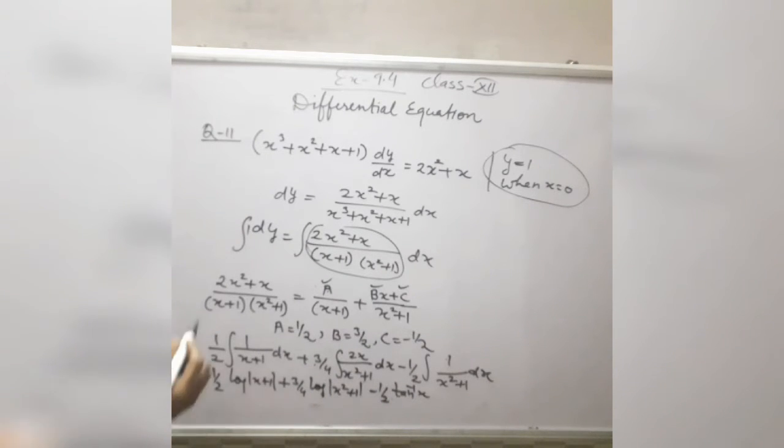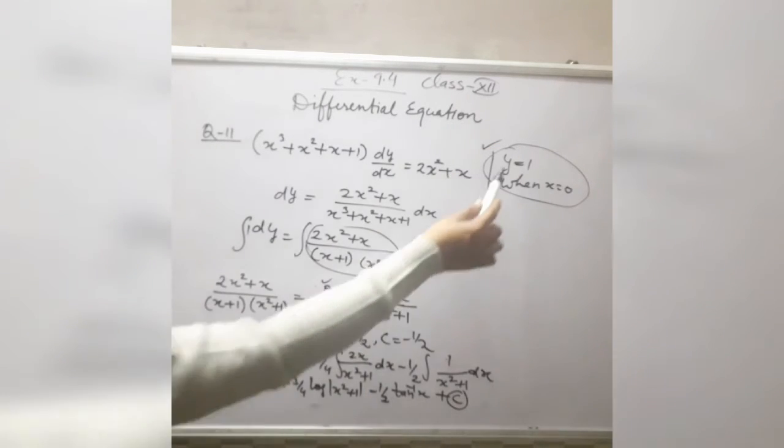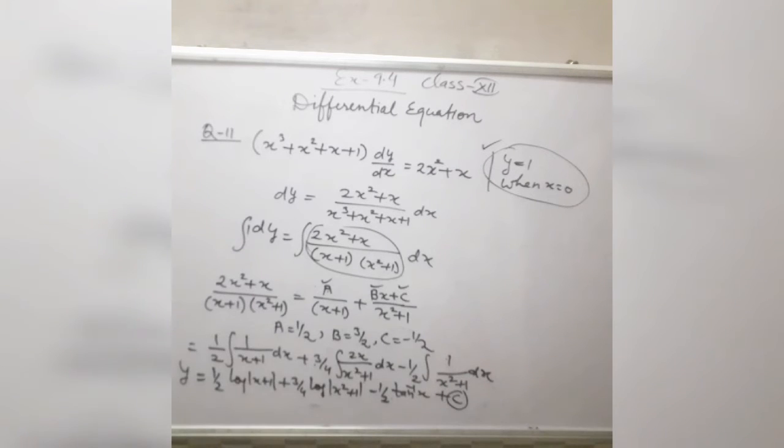And on the other side, integration of 1 with respect to y will be y. And in case of the general solution, you will take the integration constant c here. Now we will find the value for a particular solution. For the particular solution you will find the value of this constant c. For this you will use this given condition. In place of y you will put 1 and in place of x you will put 0.